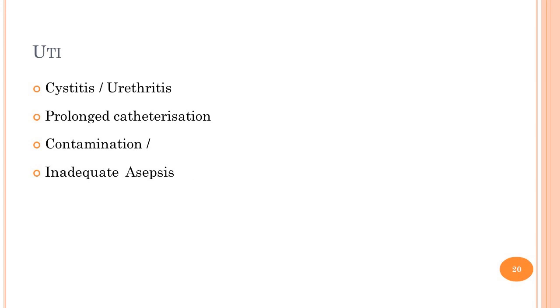Urinary tract infection is a common infective condition in post-op cases. Repeated catheterization during the trial labor or prolonged catheterization during the post-operative period is the reason for urinary tract infection. Sometimes failure to follow strict aseptic measures during catheterization may also be the reason for urinary tract infection. So these are the most common complications and surgical conditions that will be seen in post-cesarean cases.